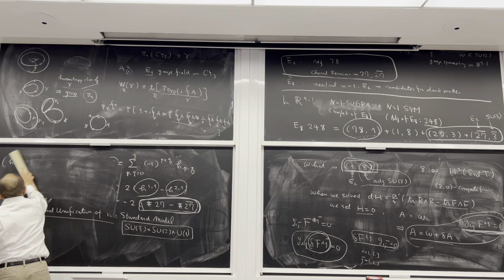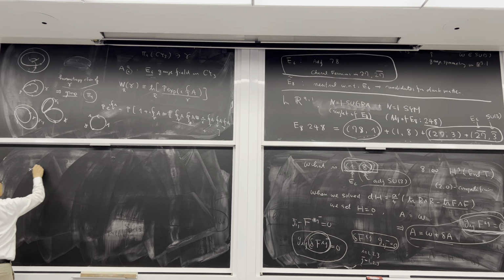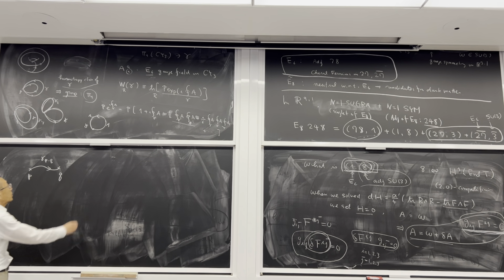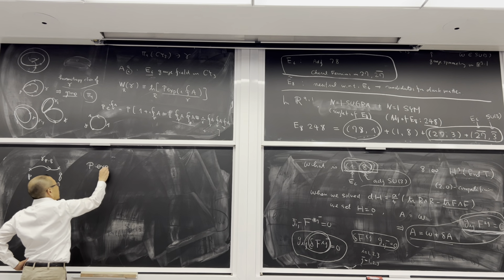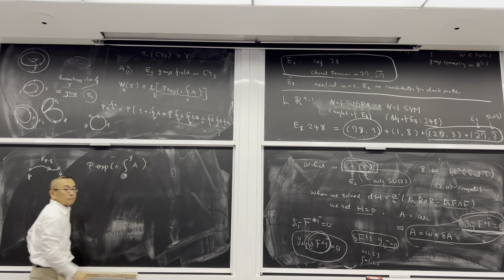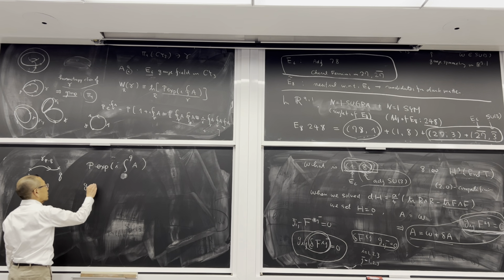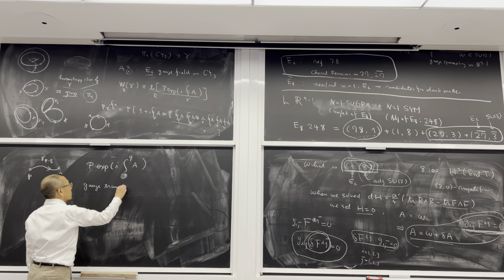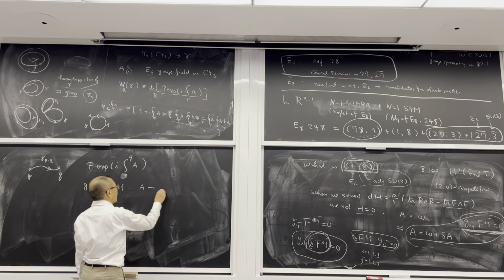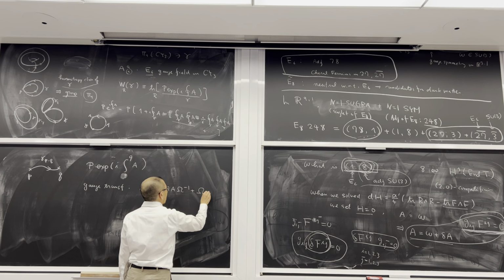Okay, so it's actually simple algebra to show that if there is a path which goes from the point P to point Q, let's call this path gamma PQ, and if you consider the path ordered exponential of the gauge field which goes from P to Q, like this, and suppose you do the gauge transformation which transforms the gauge field A to omega A omega inverse plus omega d omega inverse.